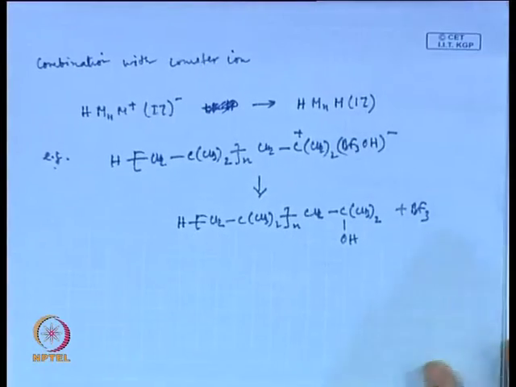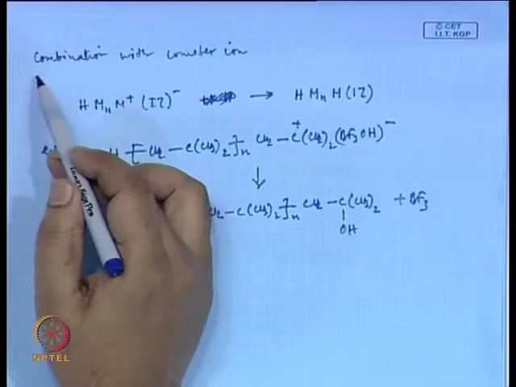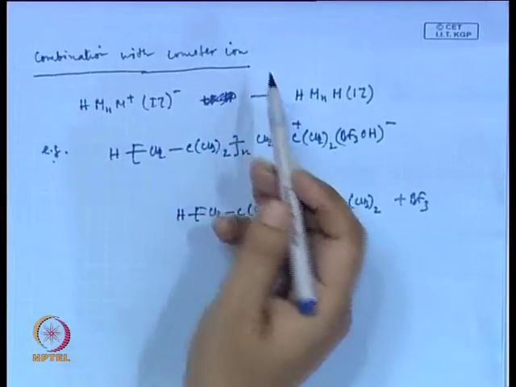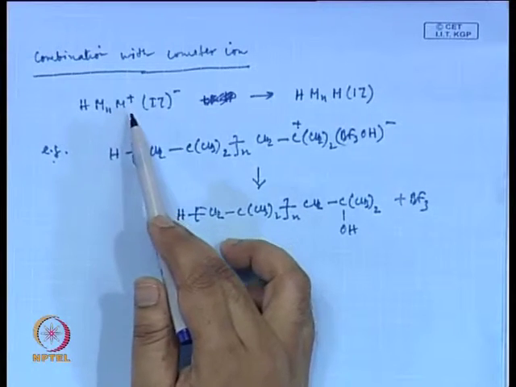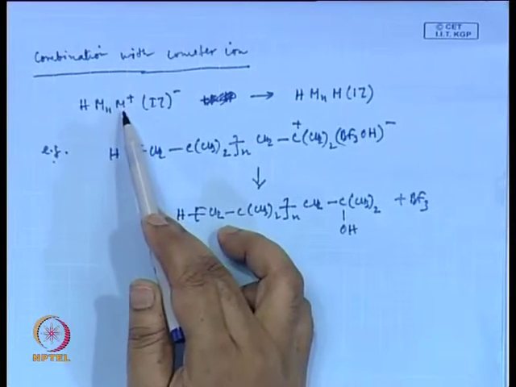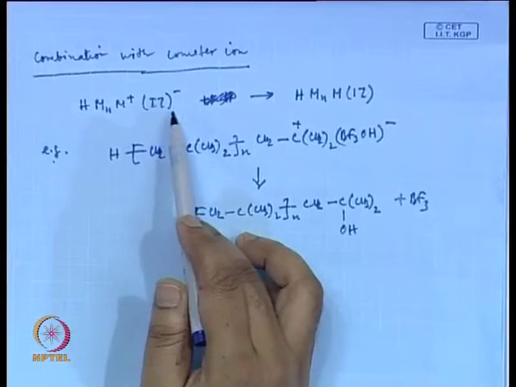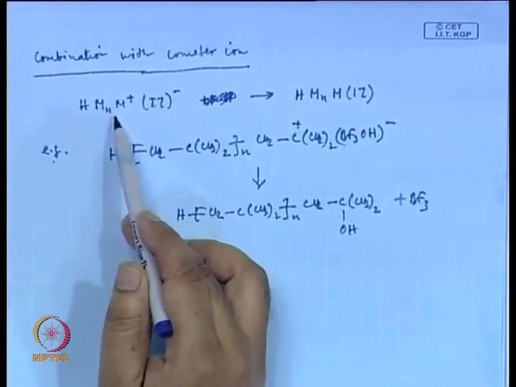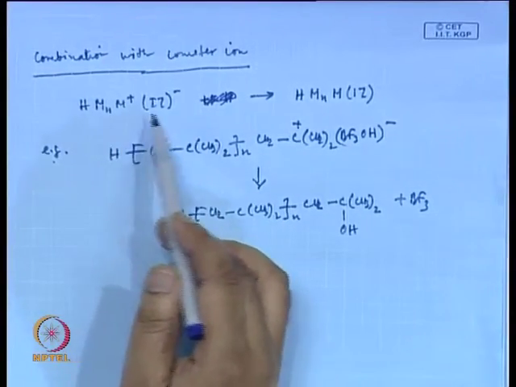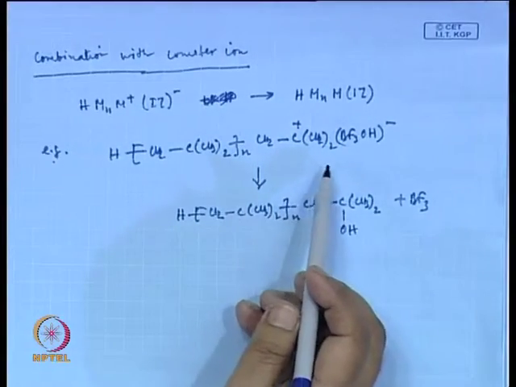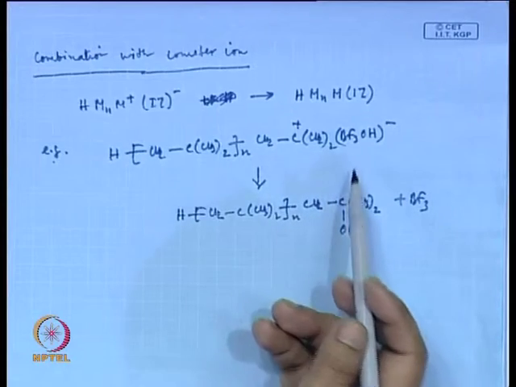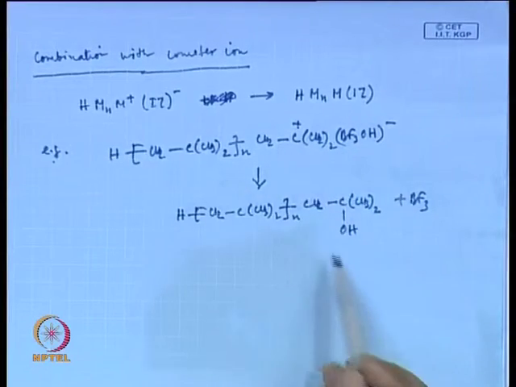Now, there is one more termination possible, which is not a transfer reaction. In true sense it is a termination reaction, where this counter ion and this cationic species combine to form a covalent bond. For example, for the generic expression we are using, it can be shown here, and the example of isobutylene polymerization with BF3 and water, you can write